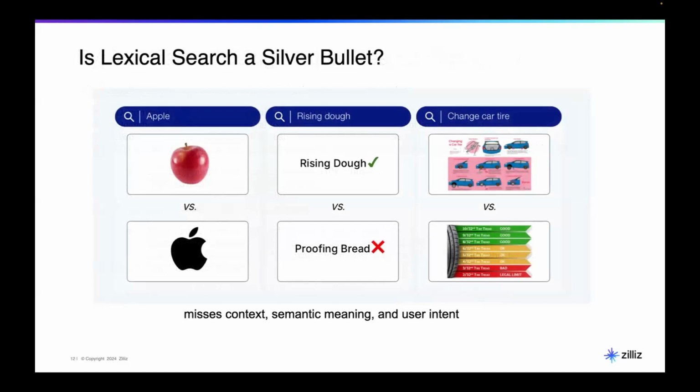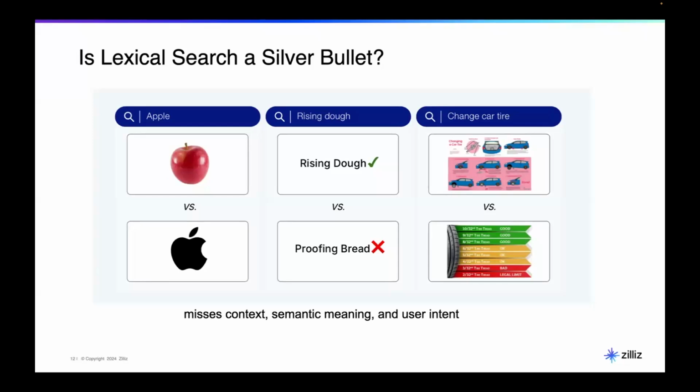The reason is, first of all, sometimes you lose your context. By just doing lexical search, you're just trying to find the most similar words. But sometimes, for example, the word apple has multiple different meanings. Do I mean the fruit apple, or do I mean the company Apple? That's going to be one challenge. VectorDB or vector embeddings definitely help to understand what's behind the scenes. The second thing is, what about synonyms? Sometimes even if they have similar letters or words, they have different meanings. On the other side, even if you have totally different words, they might have similar meanings. That's why VectorDB or vector embedding is still very important for a use case.